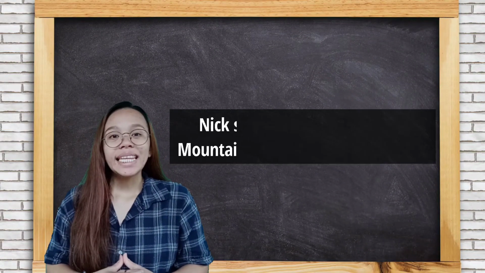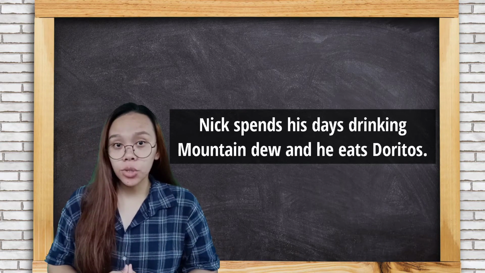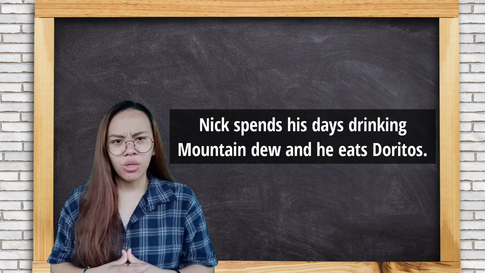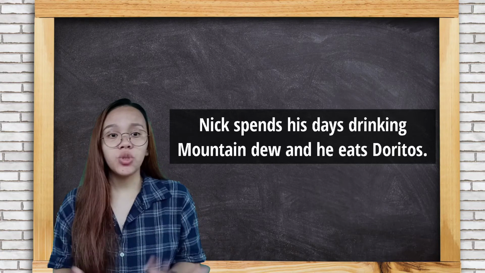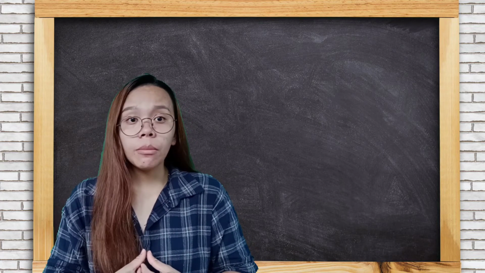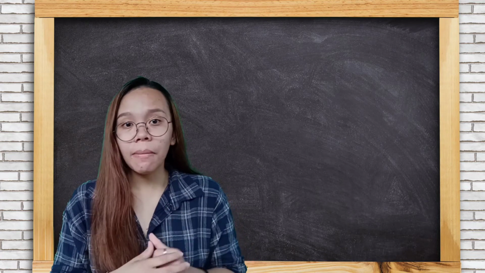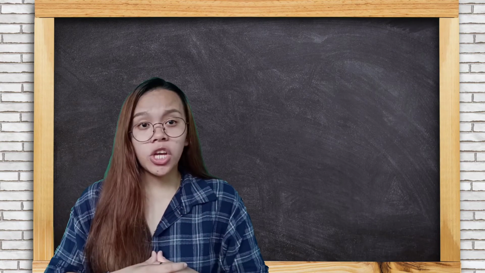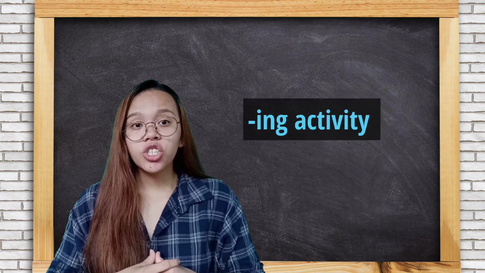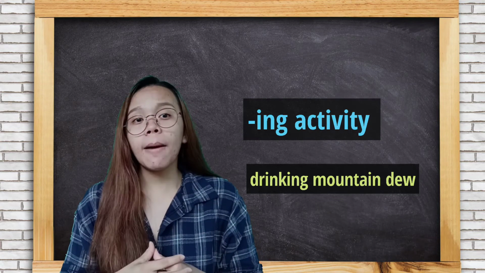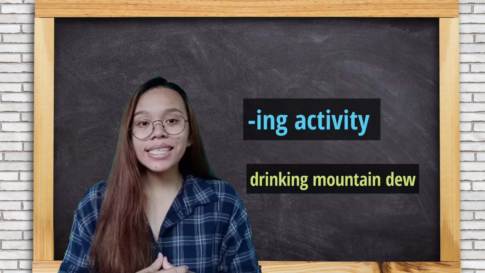Another example. Nick spends his days drinking Mountain Dew and he eats Doritos. Alright, same question. As always, what things should be parallel here? Drinking Mountain Dew and he eats Doritos. Now, these are clearly not parallel, and since there are only two of them, you could technically change either one to make it match the other, but the simplest one to change would be the second part. And what would we change it to? Well, we have an ing activity, drinking Mountain Dew. So we should change the second part to become an ing activity as well, which means eating